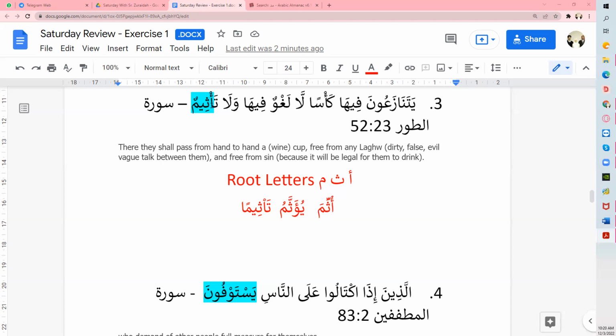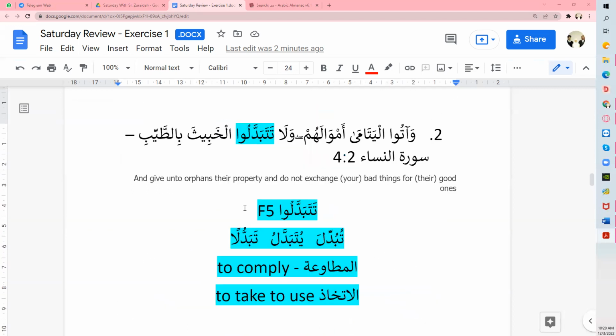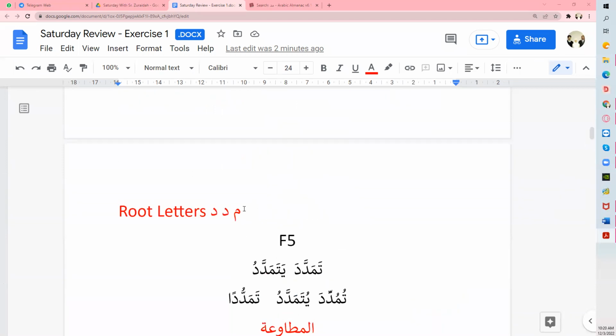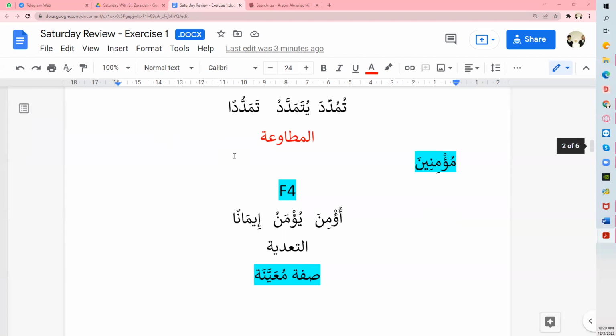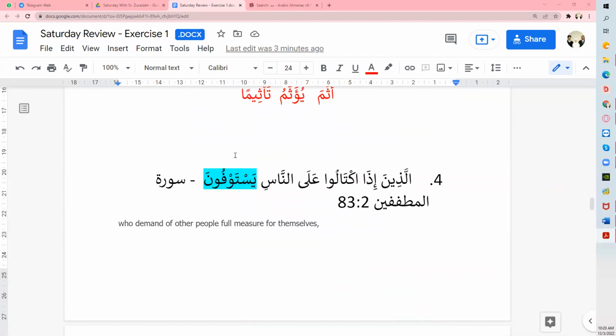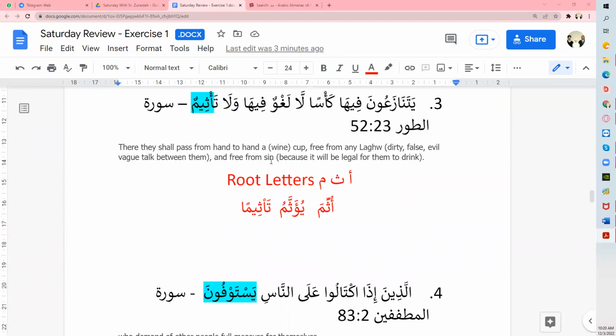Free from sin sounds more like what you said just now: they have iman, now they don't have sin, they are sinless. So it will be more like attribution, just like what we said from up here. Here we said that they have iman. Now we are saying free from sin, so that means they don't have sin. So it looks more like an attribution to me.